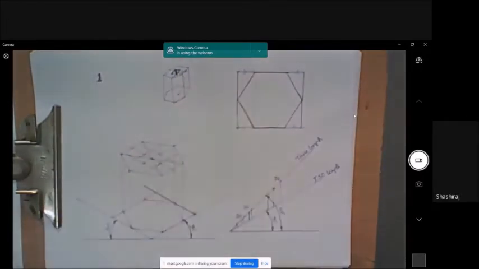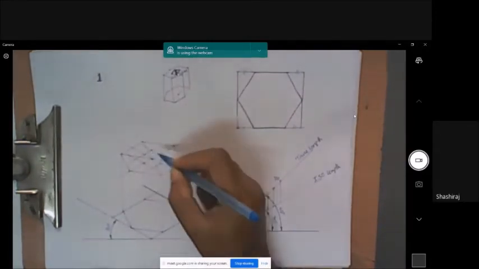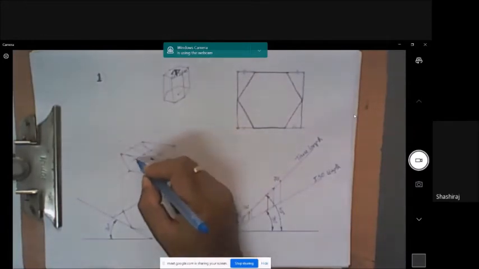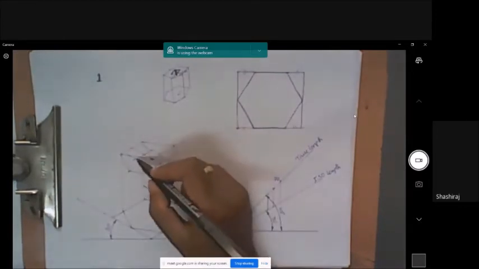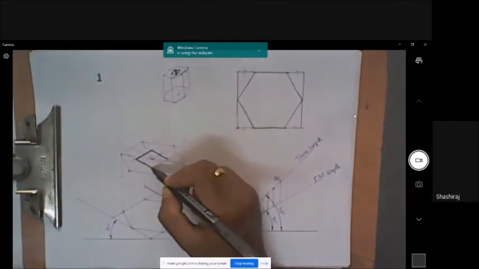Now I got the points. See here, this is one of the corners of the square hole. This is the second corner, this is the third corner, and this is the fourth corner. So I'll darken that now because I know that it's a visible hole. The hole is visible from top. I'm darkening these 4 edges of the square hole.